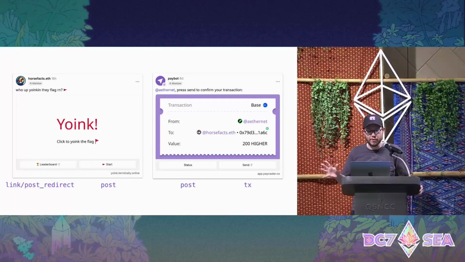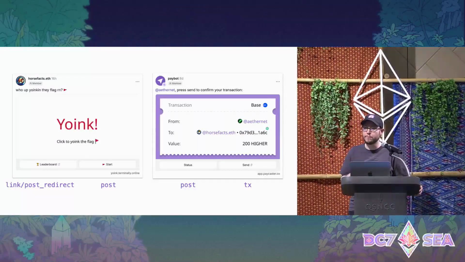One of those is a sort of dynamic link where your server will receive a post request. You can respond with a URL that will redirect the user. So you can use that to figure out if you want to dynamically link based on some state of the request or the user or whatever. Versus a link, if you just want to add a static link, which is a pretty common typical use case, you can simply add that as a link button.